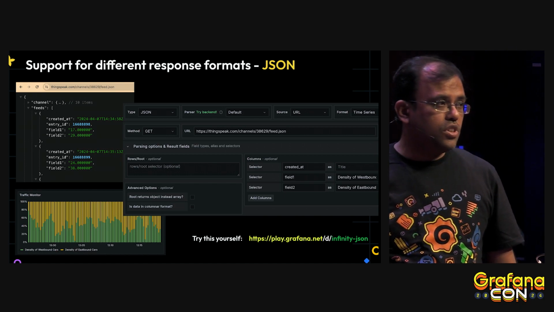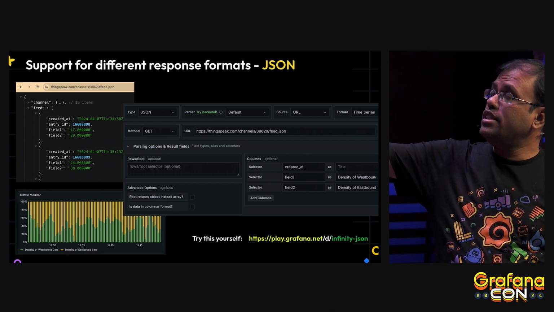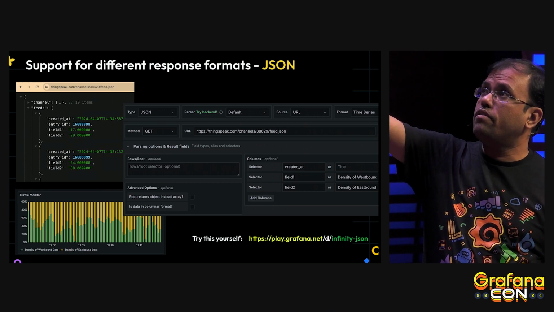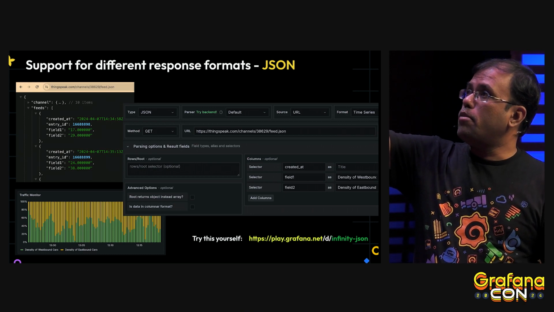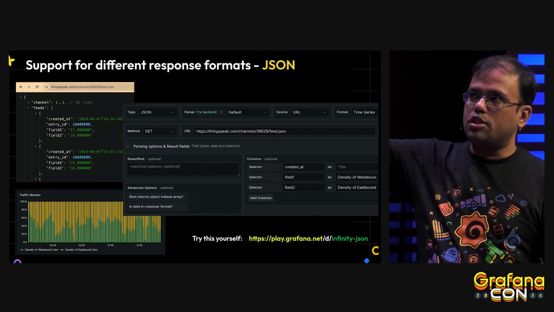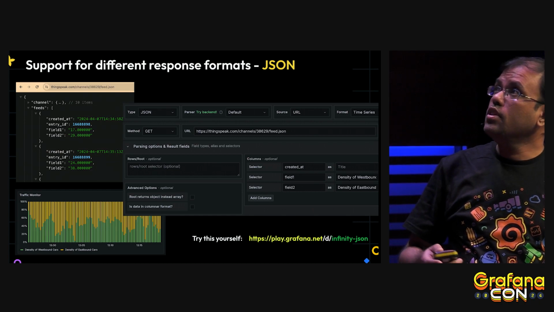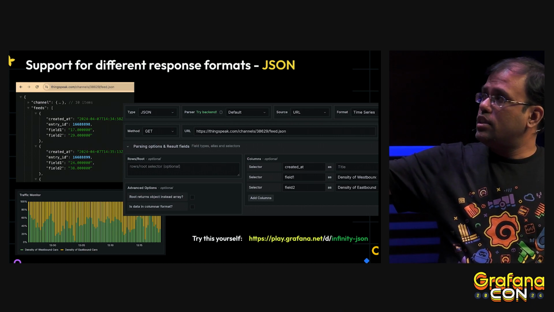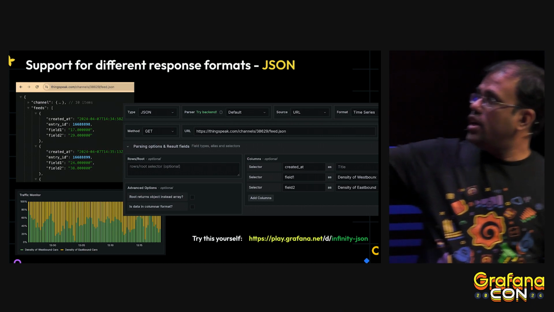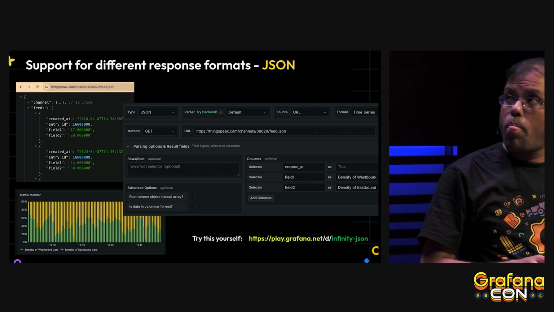I can simply use Infinity to visualize the data. In the right screenshot, you see I'm just putting the URL of the feed, which is public. I'm simply selecting the fields I want, saying this is my format I want to use, and then you get the data out of the box. You can try this yourself at the play.grafana URL, play.grafana/infinity.json. We can share this later.